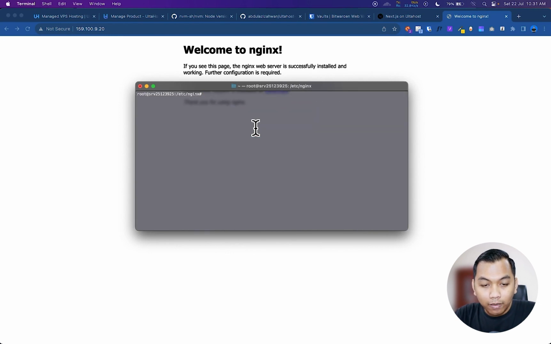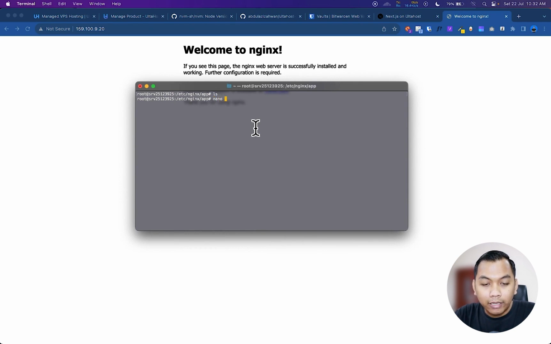And now let's go to the app folder inside the Nginx directory. When we check, we don't have anything right here. So what we do next, we need to create the Nginx configuration for this Next.js app inside the app directory.